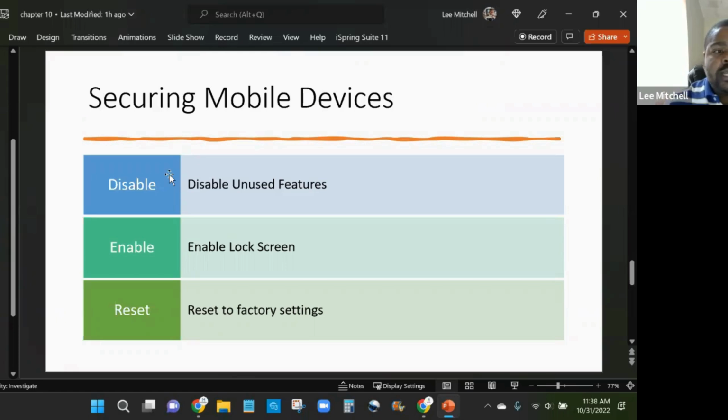Also, when we're upgrading a phone, going into our last section right here, it's very important to set it back to factory settings. Go ahead and erase all of those features, that data that you put in there. Erase all of those things. Just because you don't know if you're going to sell that phone, you don't know if you're going to use it again. But just from a security standpoint, you want to reset all of those things back to a factory